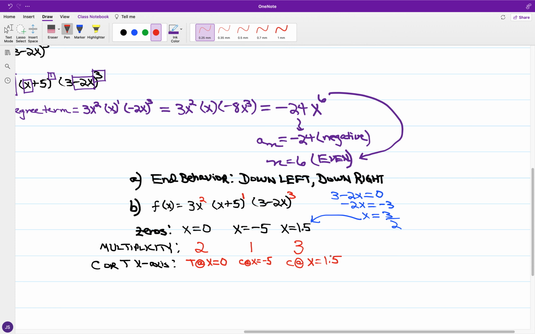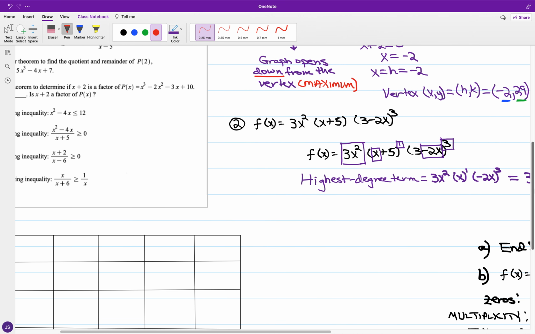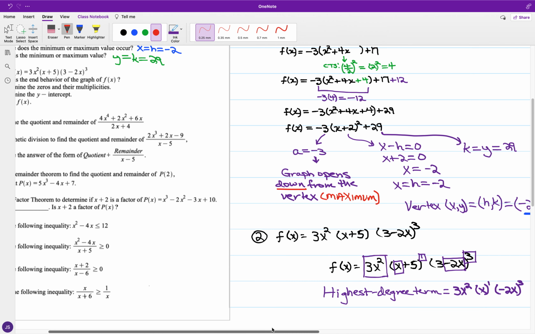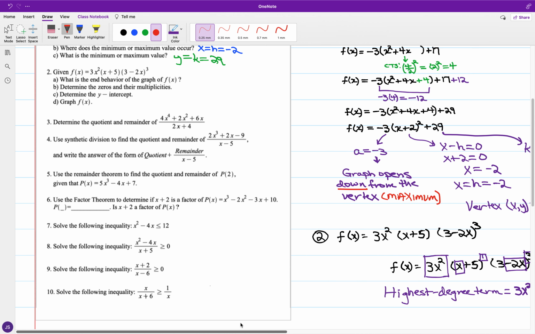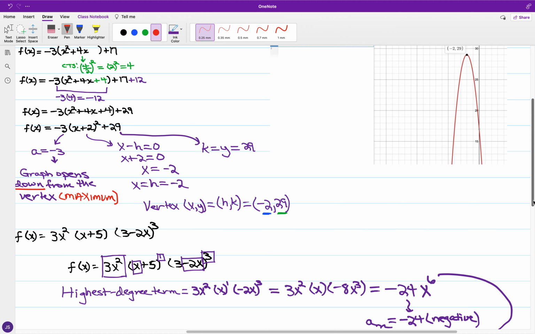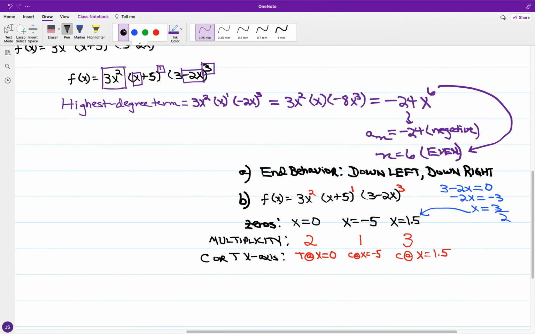Okay, and now for the next item, part C, we're looking at determining, I believe, what the y-intercept is going to be, and then after that looking at the general layout of the graph of this polynomial function. So for part C,